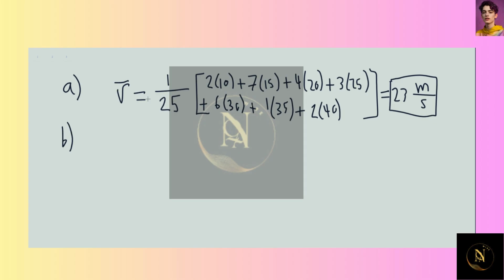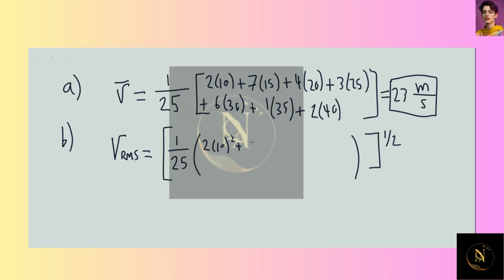The RMS, the root mean square, is similar but a little bit more complicated. Not too bad. We have to take a giant square root. I'm just going to say it's this result to the 1/2, which is a square root. We're dividing, once again, by 25 because that's the total number. The only difference is that now we have to square everything. We have 2 times 10 squared, 7 times 15 squared, 4 times 20 squared, 3 times 25 squared,